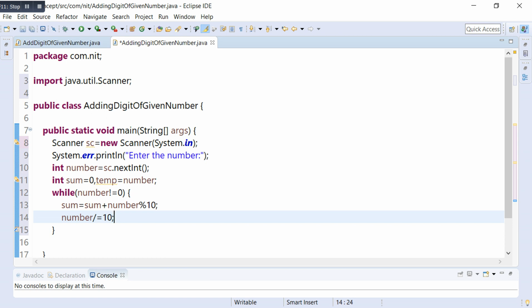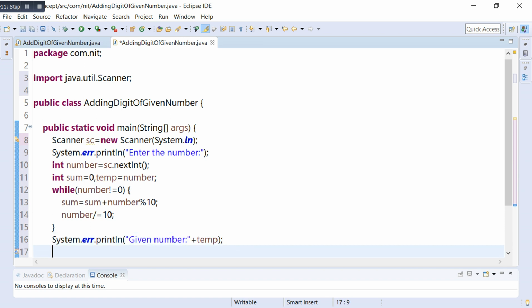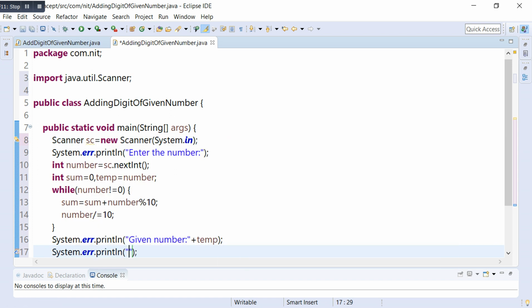Okay, now finally you can go and print. Use the sysout shortcut key, Ctrl plus Space. Print the given number, which is the actual number stored in temp, and print the sum of the digits of the given number.